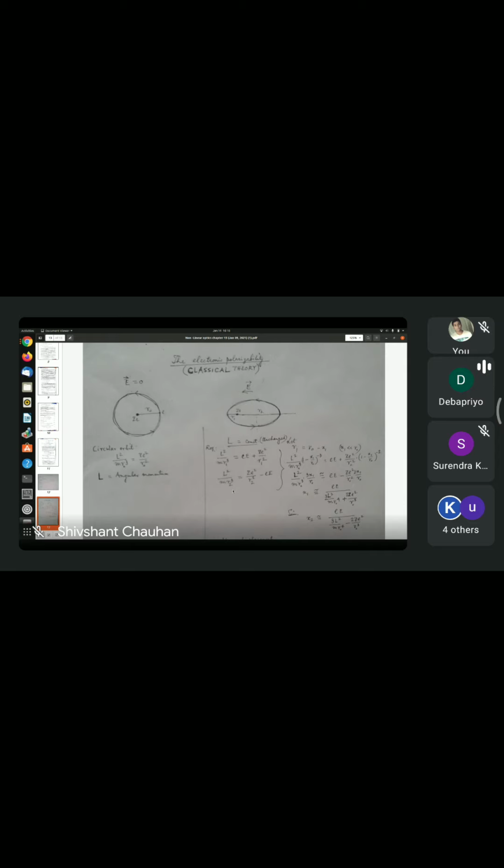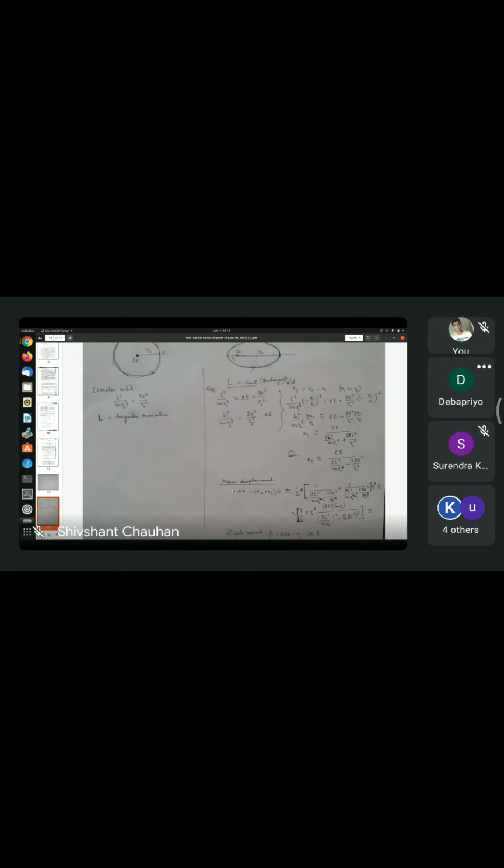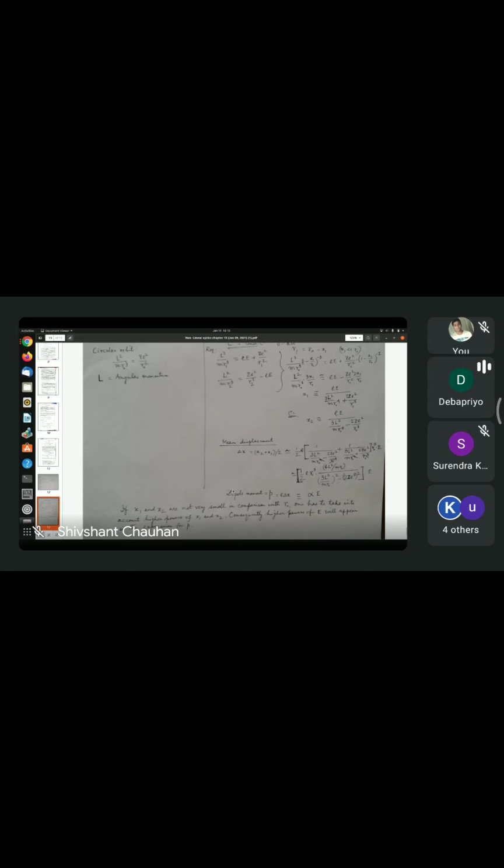So now if you can scroll down slightly, lower portion. So what is the mean displacement? The mean displacement is x1 plus x2 by 2, because note that the displacement is in the same direction, both for the peri position and the ap position. The displacement is in the same direction, that is to the right. So the mean displacement is a sum of x1 and x2 divided by 2. And so as you can easily see, this displacement is proportional to the imposed electric field capital E.